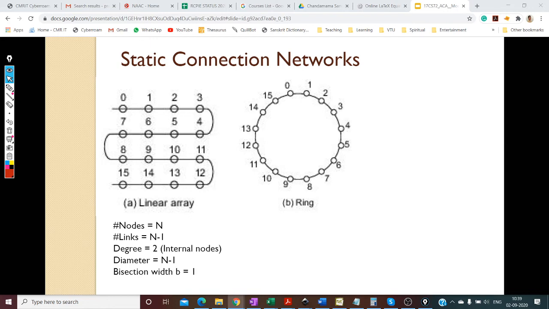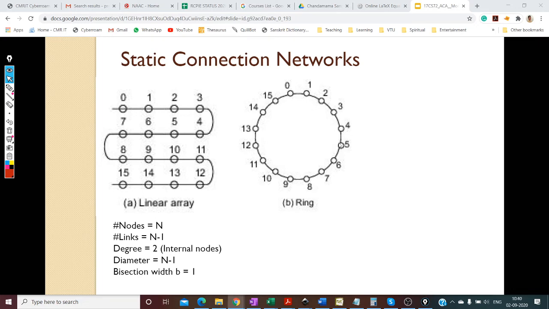Yes, Rahul, 16 nodes. And then 15 links? Really? Seriously?